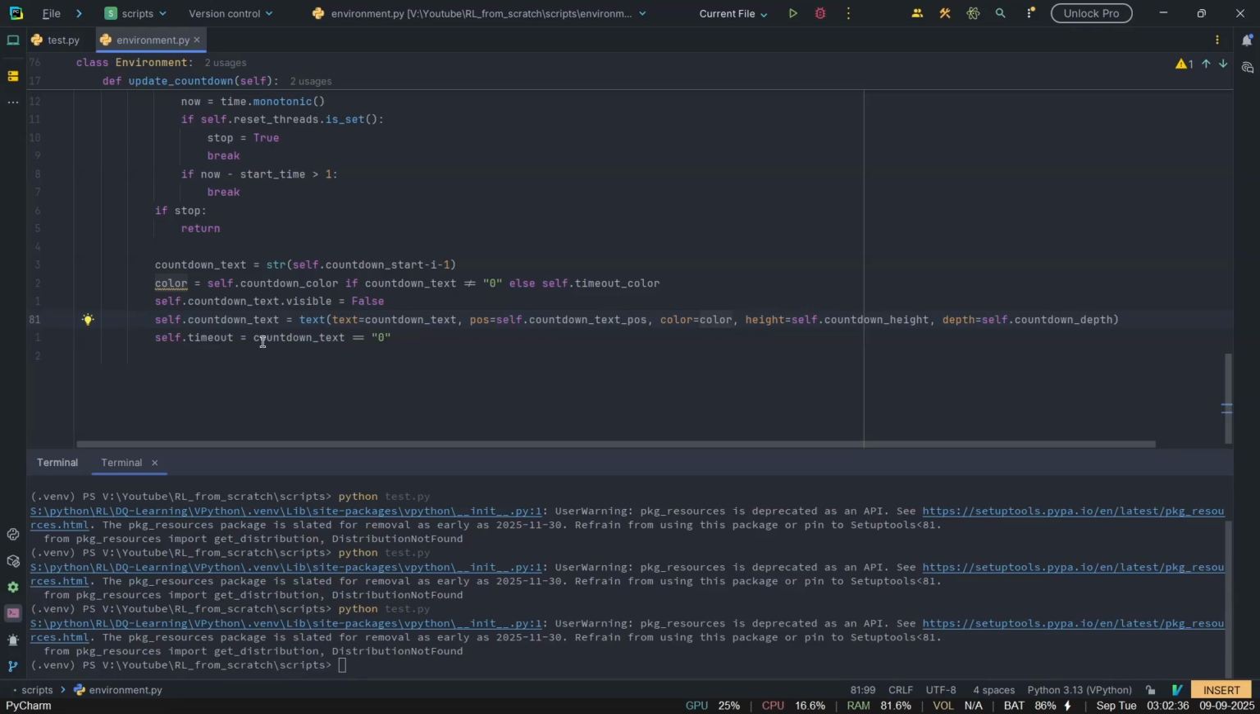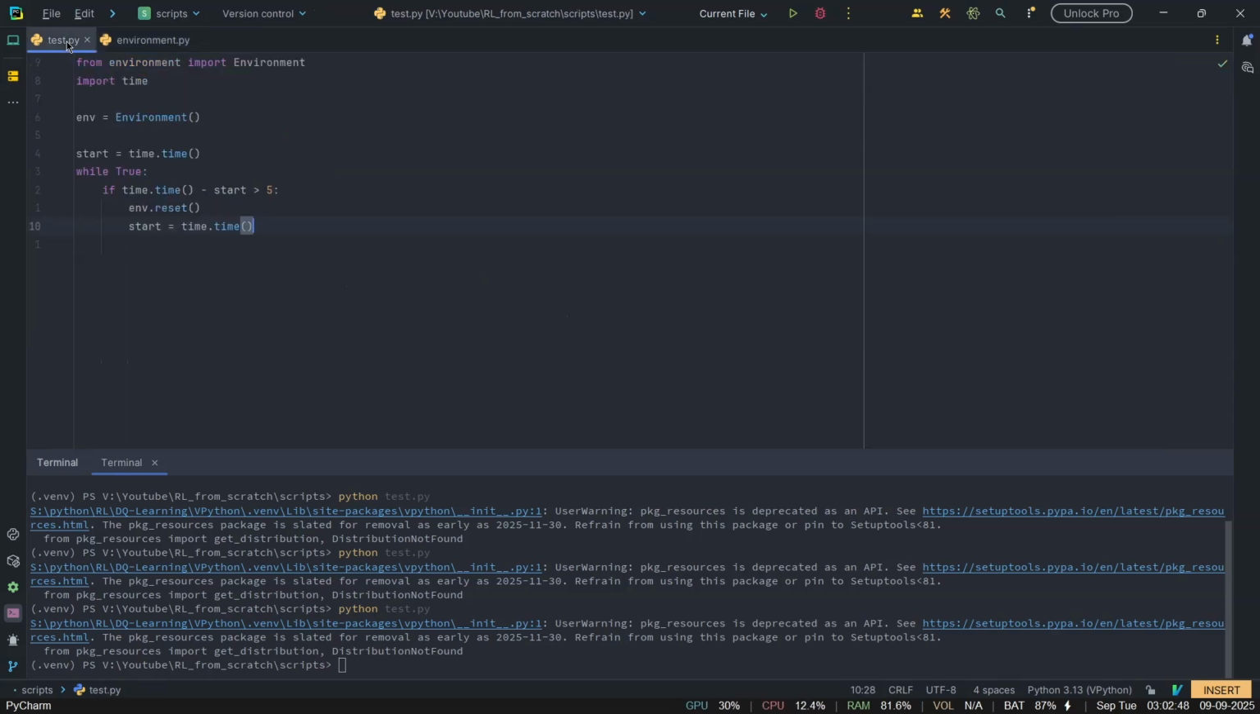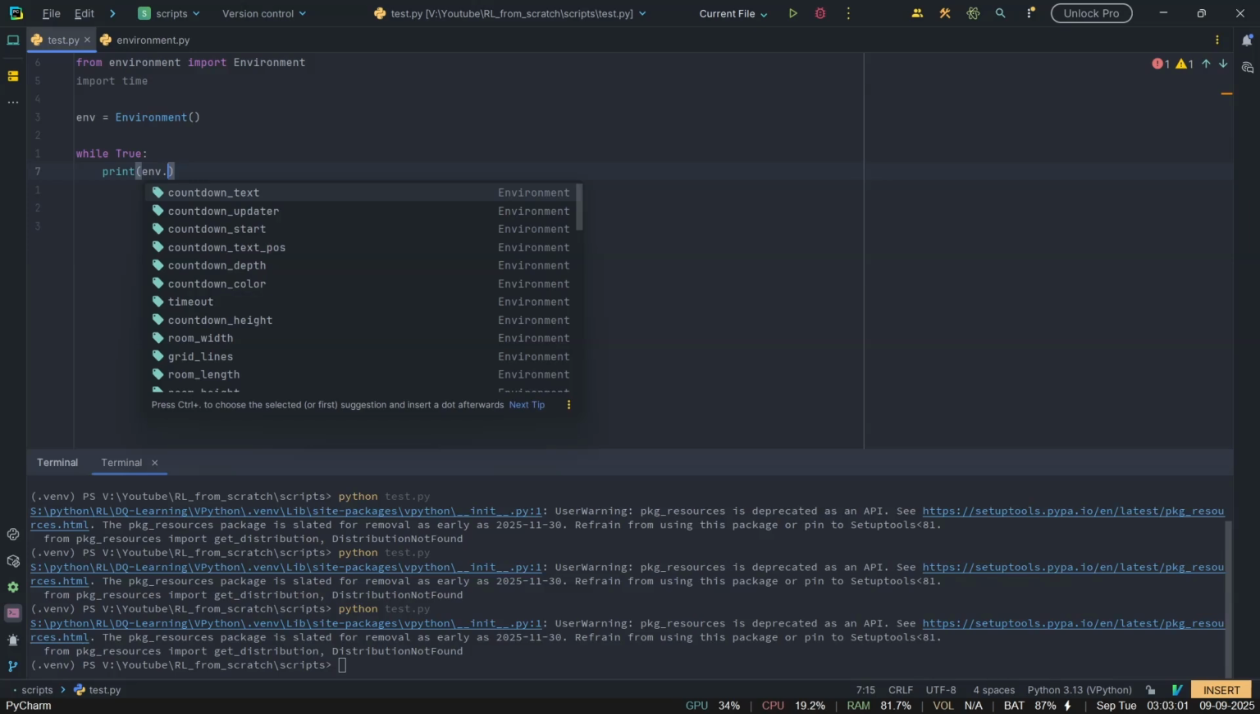So basically what that's saying is if the countdown text is 0, so basically if we have timed out, if it is true, then timeout will be true. If it is false, timeout will be false. That's what that means. And then in here we can skip all this, and we can remove this too, and we can just print environment dot timeout,